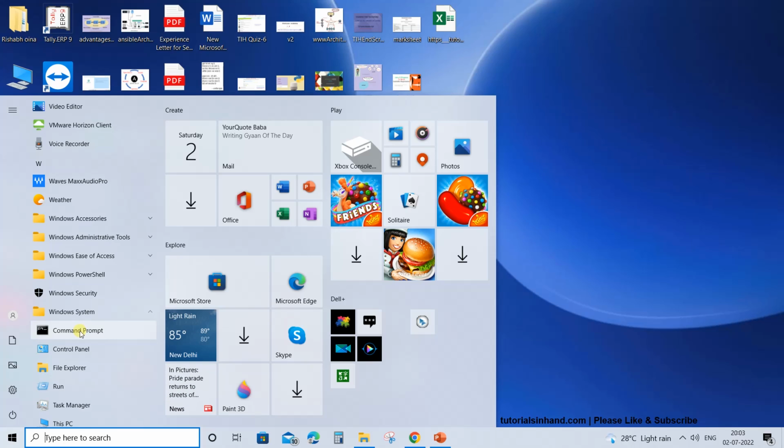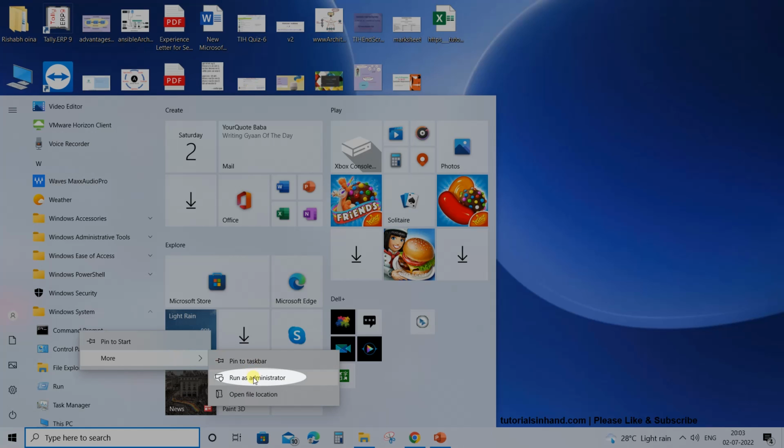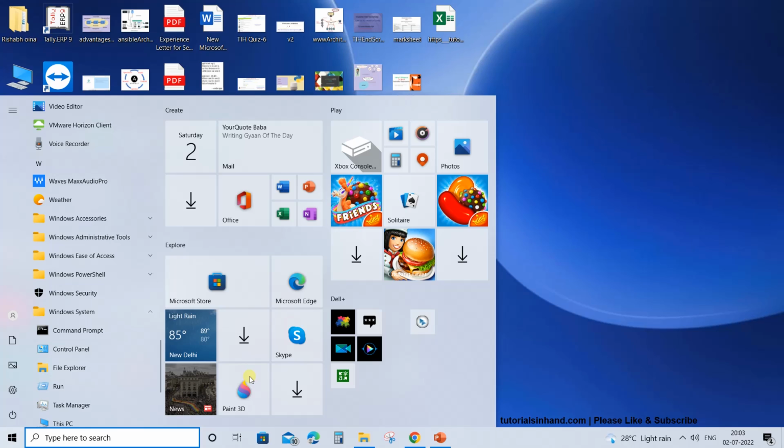But sometimes you need access as admin, because sometimes you are not allowed to perform certain actions on the command prompt if you are not the administrator of the system or you do not have admin access. So in that case you can run as administrator. Now if I click run as administrator, the command prompt will open as admin, but it will ask you whether you really want this app to make changes to your device. That means if you allow this to open as administrator, then you can perform certain actions which can change the critical things of the system, which should not be done.